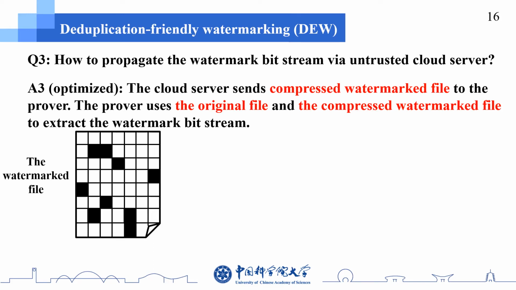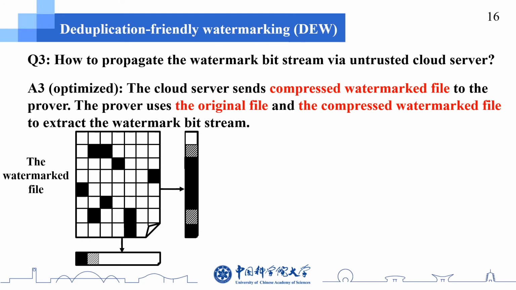The key insight of our compression approach is to divide the n times n matrix into several columns and rows and aggregate them together iteratively to derive a compressed column matrix and a compressed row matrix. The differences caused by embedding watermark bits will be recorded in the two matrices. In this manner, the communication overhead can be reduced significantly, and due to aggregation, the compressed matrix loses much effective